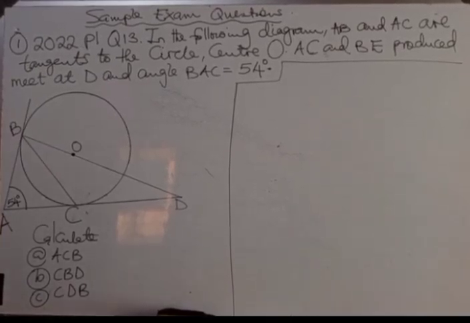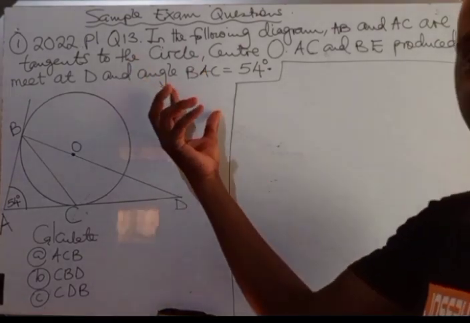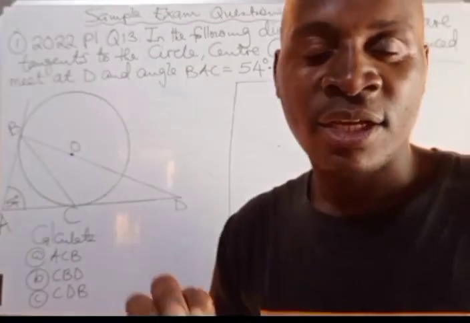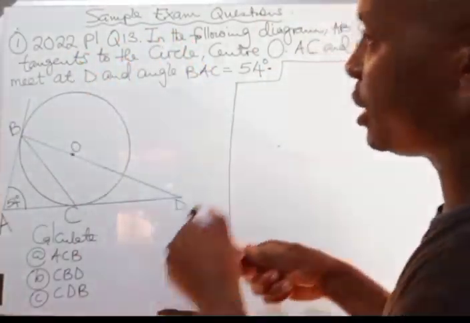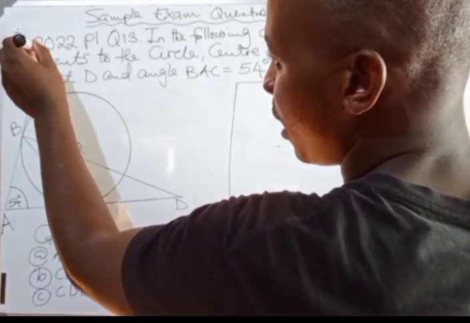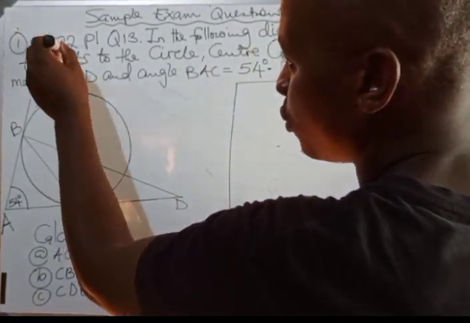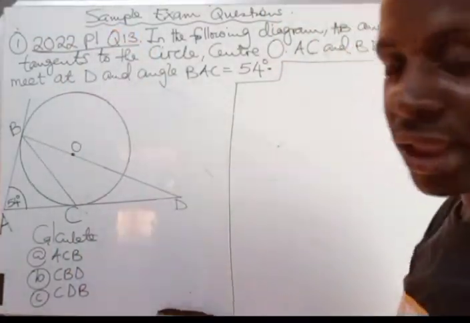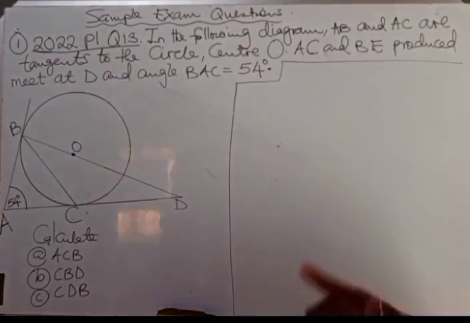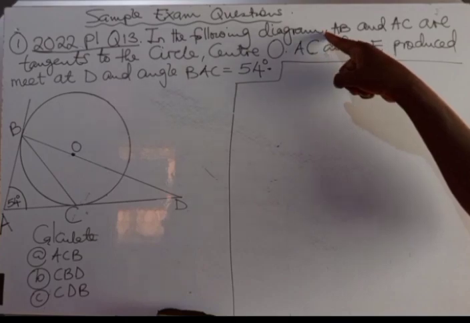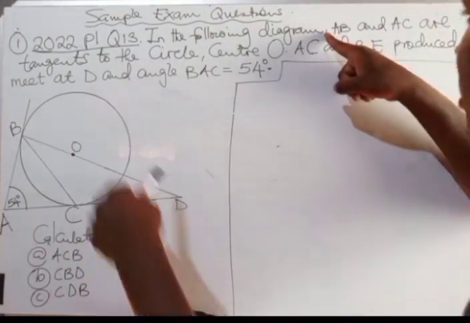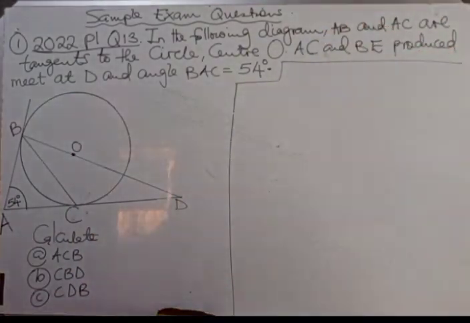We now look at the sample exam questions. These are questions from the past paper. So we are starting with the 2022 paper 1, question number 13. And the question is, in the following diagram, AB